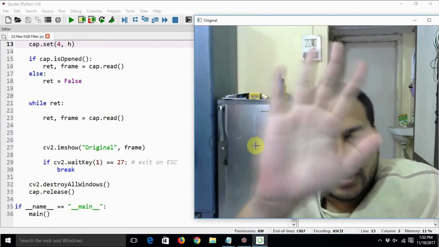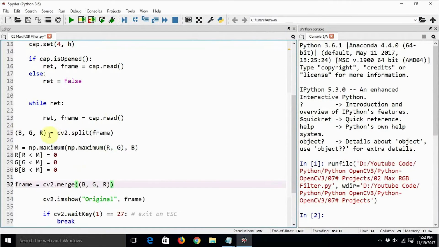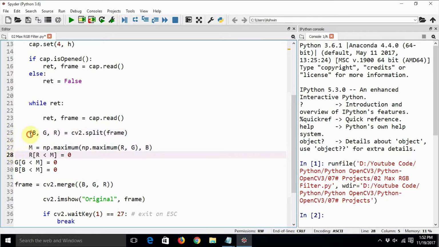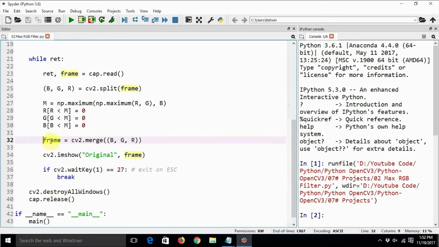This is the original feed from the webcam. Now I'm going to introduce the custom written code, which calculates the max RGB value and then creates an output frame. Let's store it in another variable, output.